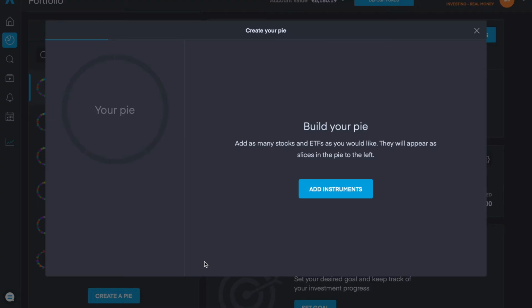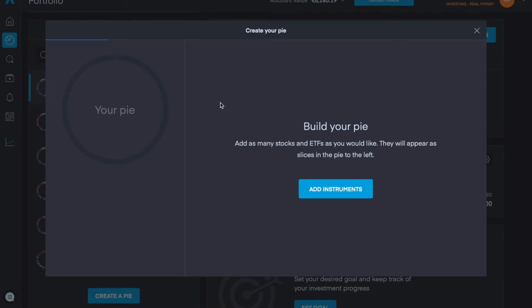When you click the create pie feature, this is what you'll be presented with. And one of the great things about the pies is that they have a lot of inbuilt features as well, such as rebalancing your portfolio in terms of weightings. You can auto or manually invest depending on which style of investing you want to undertake. You can see your projected investment based on 5 years historic market performance. You can also name your pie, and you can even import and export stocks depending on what you want to